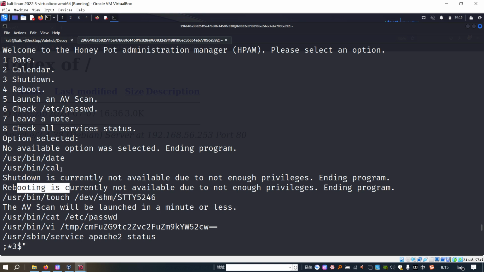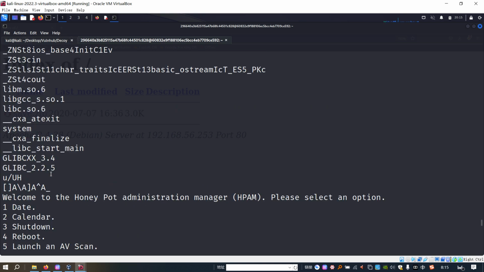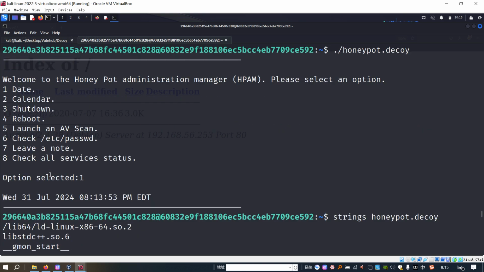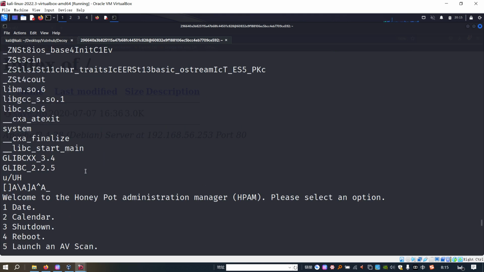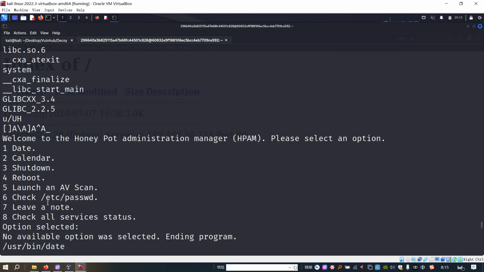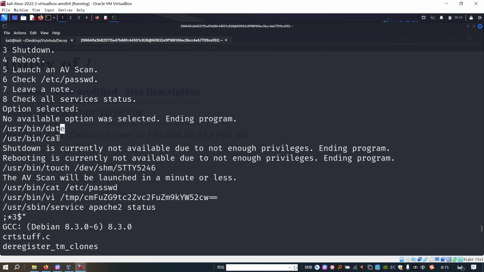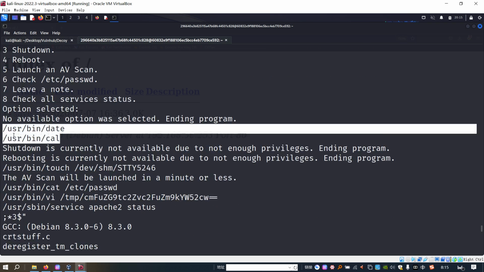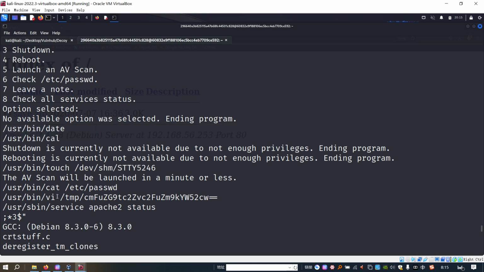No command, and also cal. I think this should actually match calendar, and also date. However, those commands are in the form of an absolute path. We cannot. Maybe this one. I'd like to cat out this file.